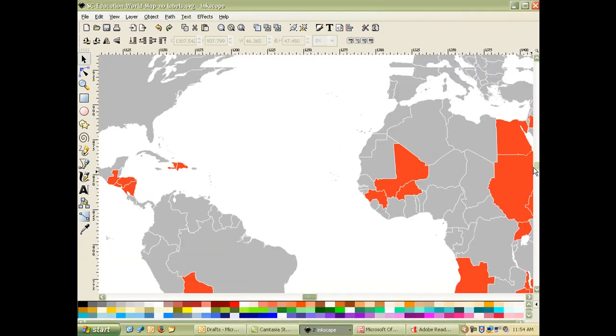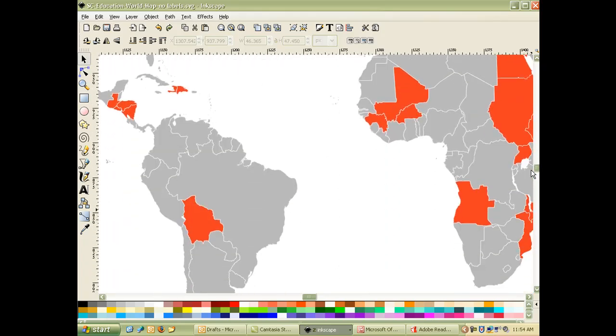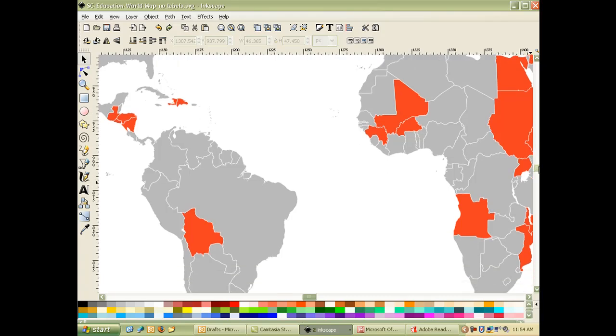So now we're in the actual file of the map, and this is a vector image that's in the file format called SVG, or Scalable Vector Graphic. There's another common vector graphic format called EPS, but the kind that's going to be easiest for you to work with on your computer is an SVG. And aside from the fact that we could scale this map to any size without having that pixelation problem, the